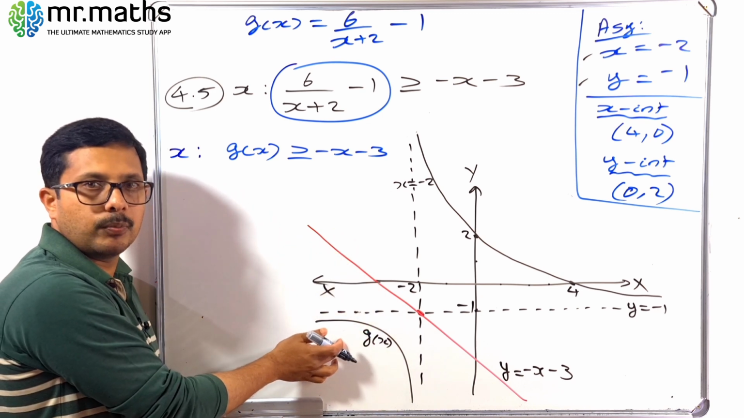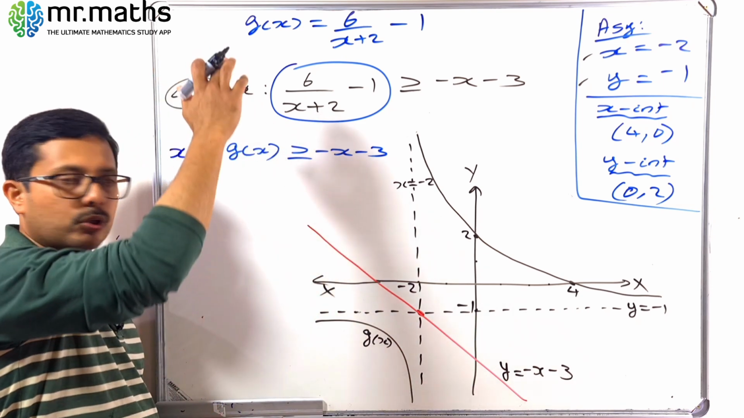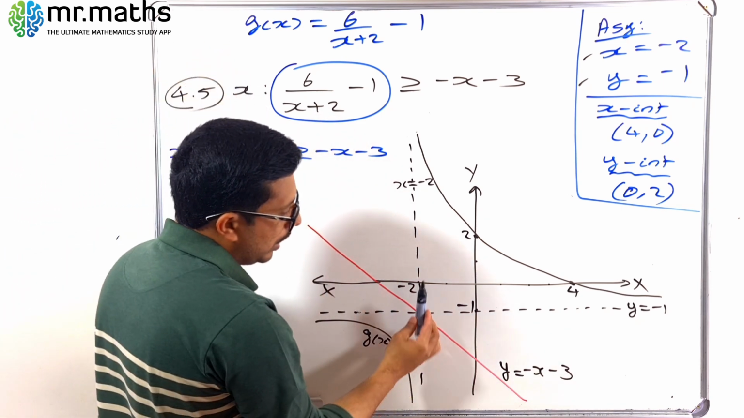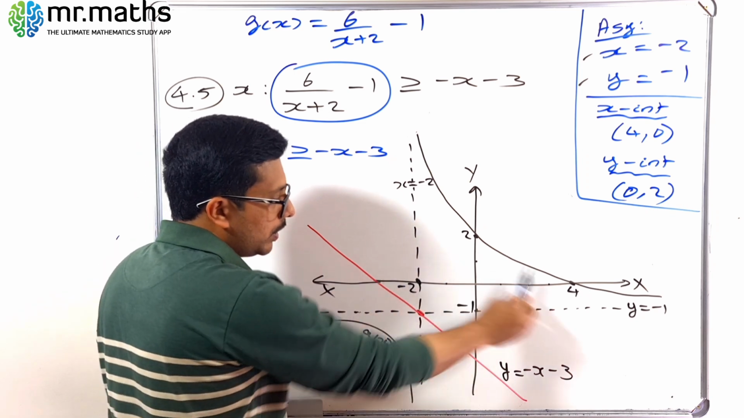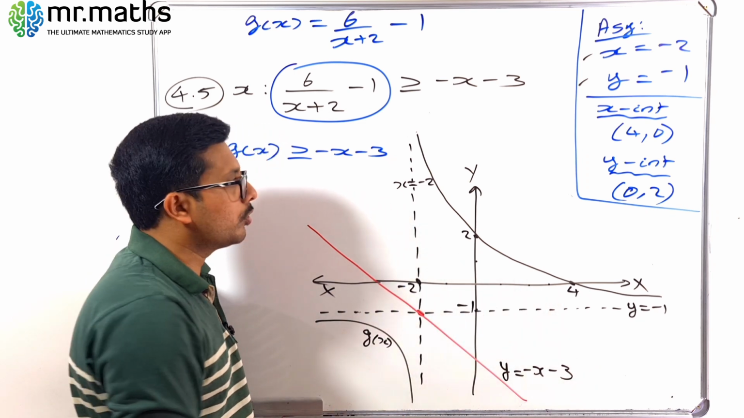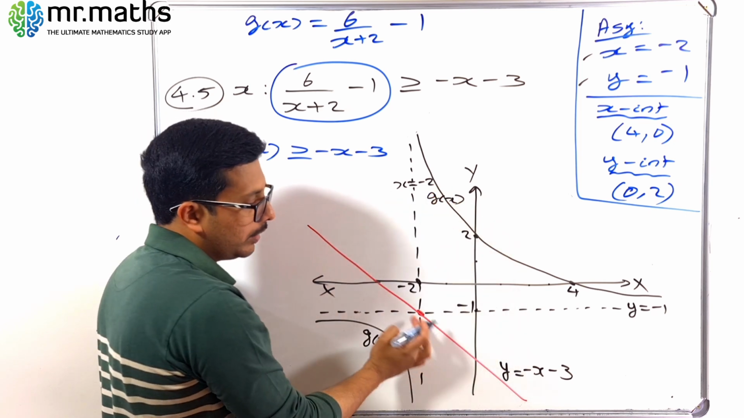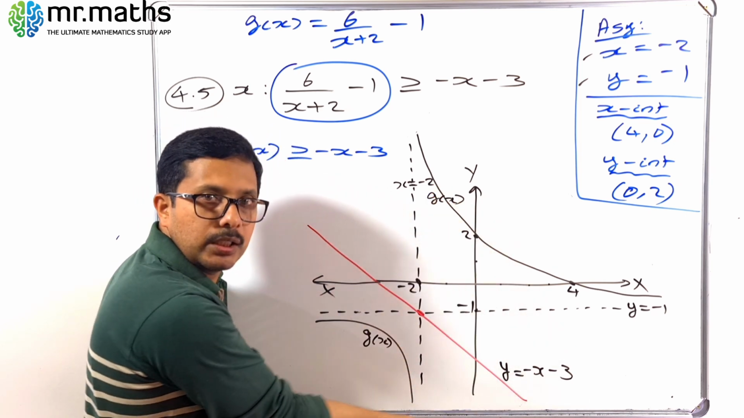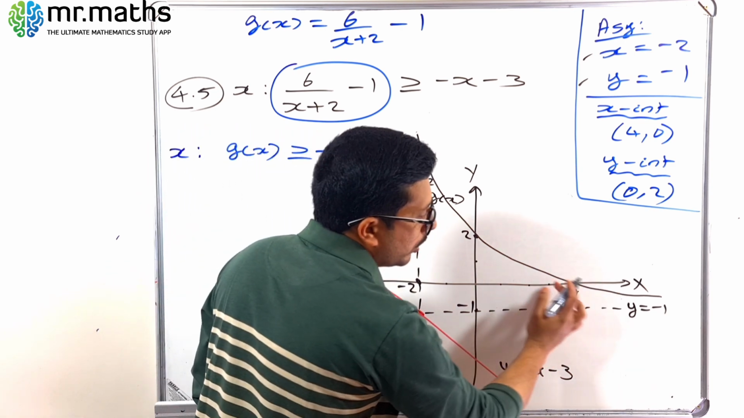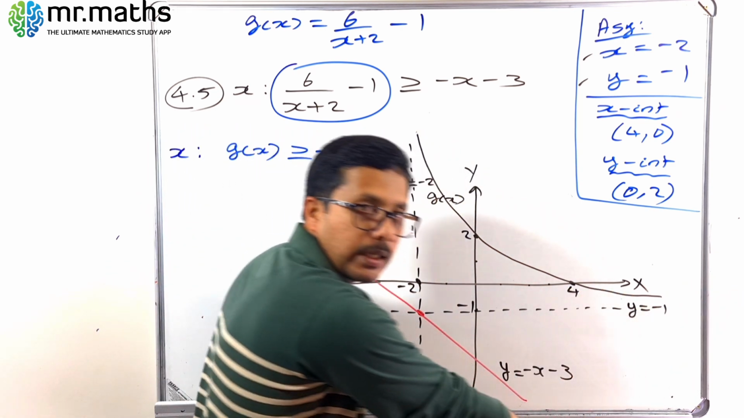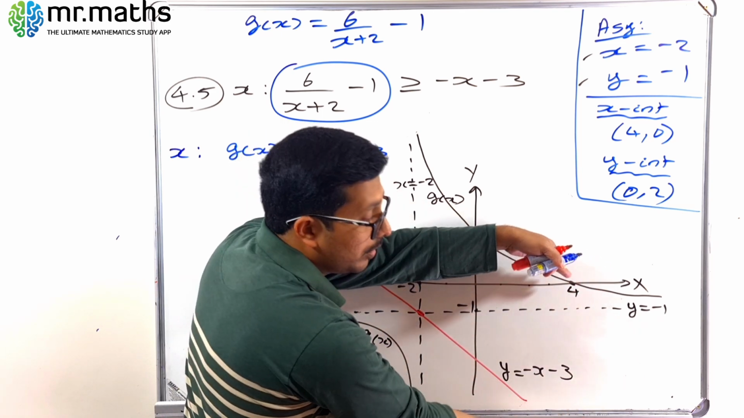g of x is at the bottom, but we want g of x to be greater, that means g of x must be on top. But here you can see that after this point, x is minus 2. After that minus 2, which one is on top? Yeah, you can see that g of x is on top and that line, minus x minus 3, is at the bottom. So if you continue like this, in all cases g of x graph is on top and that line is at